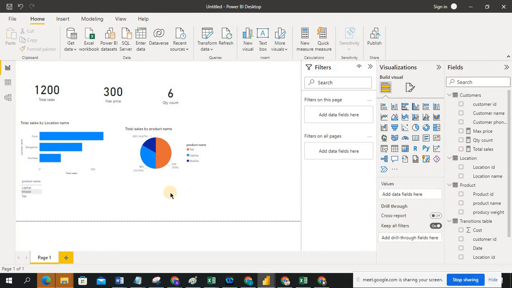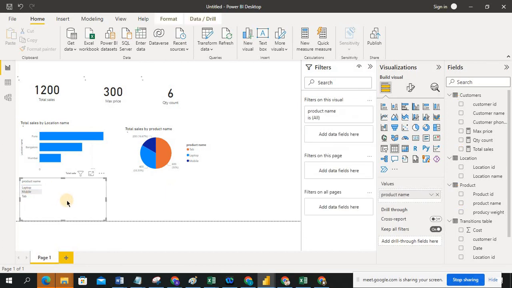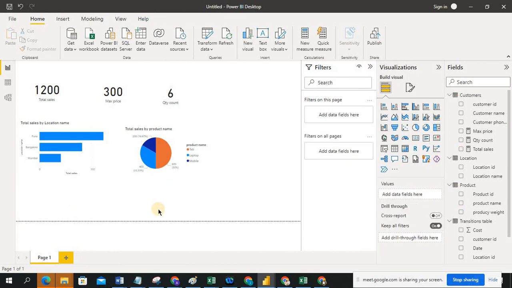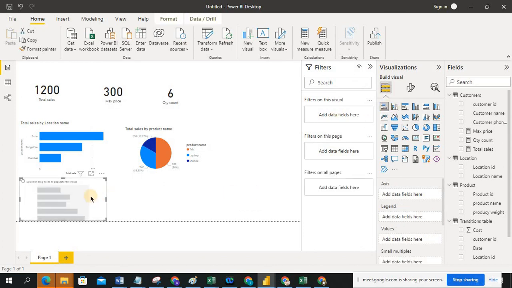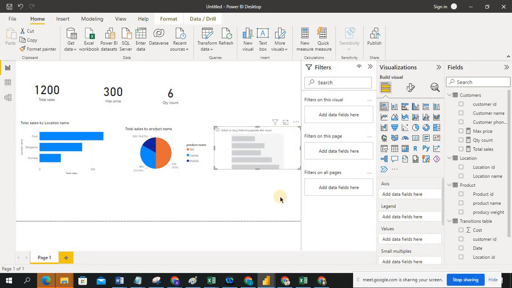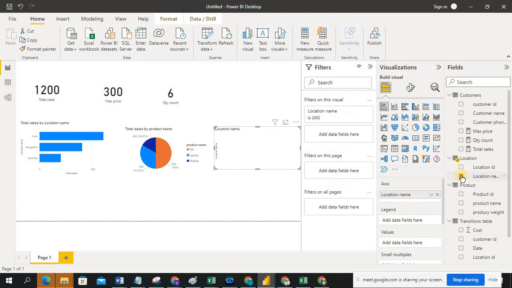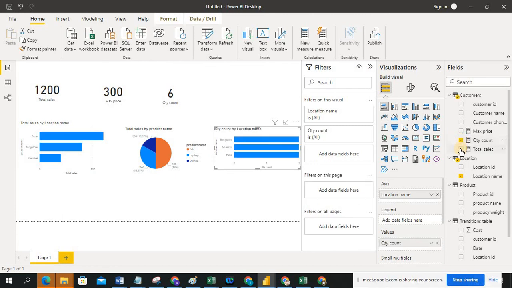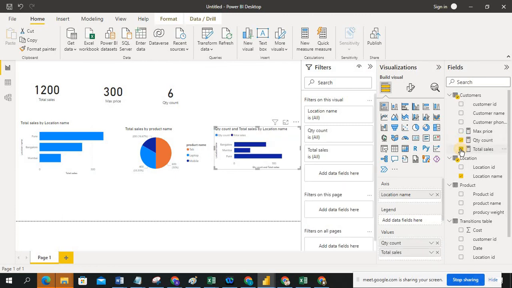Okay, now I want to show sales versus cost location wise, sales versus cost. So I go to this stacked bar chart, keep it here. So I'll take location name, okay, the quantity and sales. So you can see here the Bangalore, Mumbai, this. Okay,